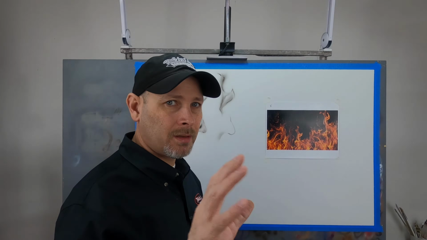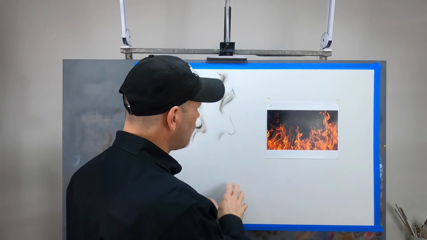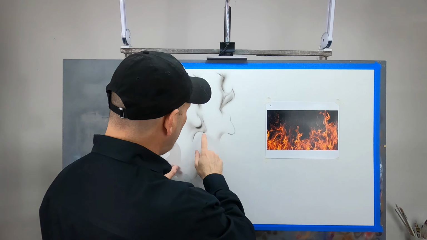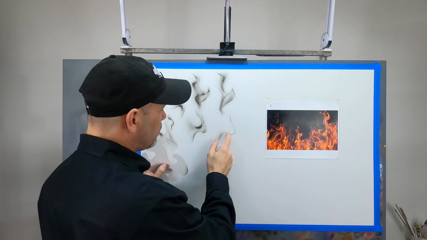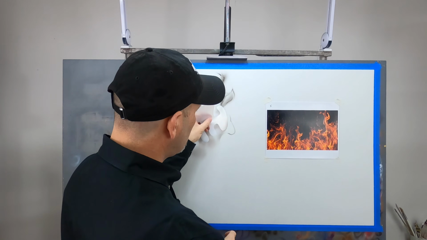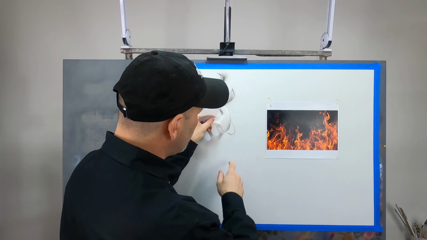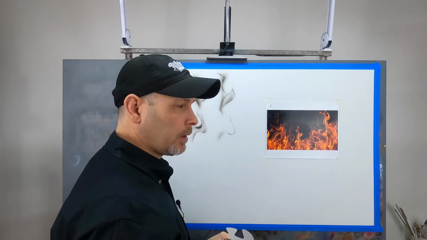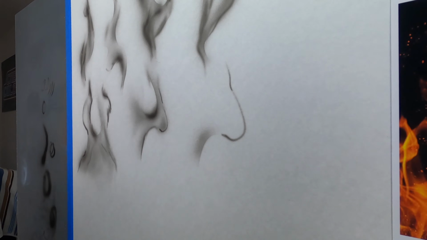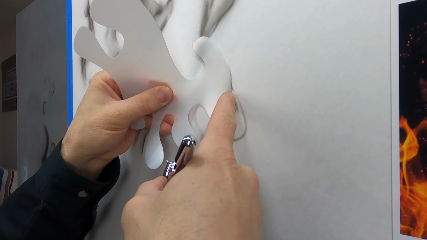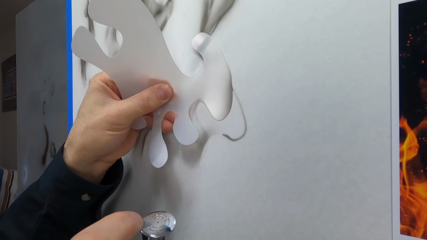I apologize, one of my GoPro batteries died right there. But the basic premise that I was trying to get to here is if you want to sharpen up the tip of this particular flame lick, all you have to do is move your freehand shield in and sharpen it up with the freehand shield. So I'll demonstrate that real quick. So with the freehand shield, if I use it to close that gap off at the top, that will give us a very sharp edge.